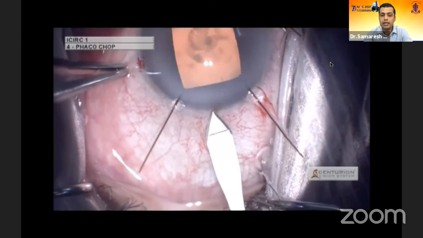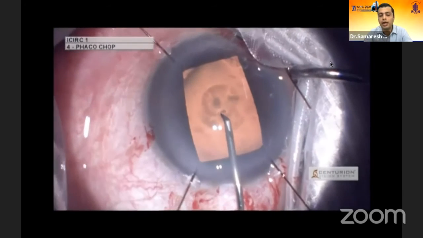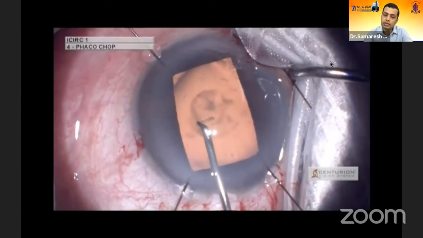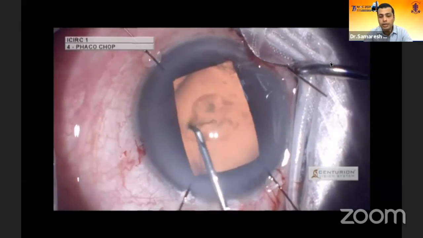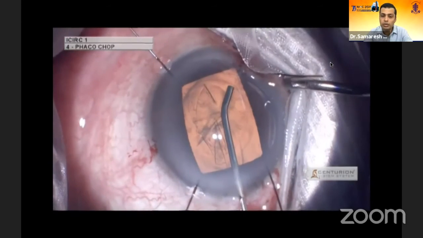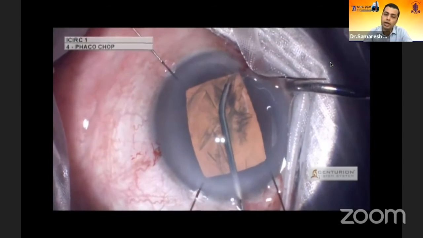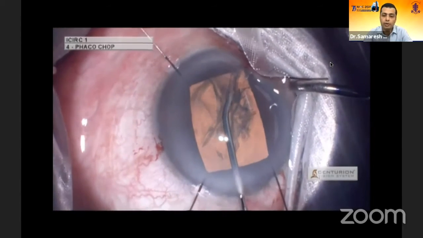Once I do the 4 hooks, then I do my incision. I'm not going to discuss this any further, and then I go ahead and do a surgery like a routine surgery. A couple of small pointers: in a hyperopic eye, one would want to make a larger size rhexis than a normal eye, because these eyes are smaller. So the rhexis, what appears to you to be large, will turn out to be a little small when you put an IOL, you realize.